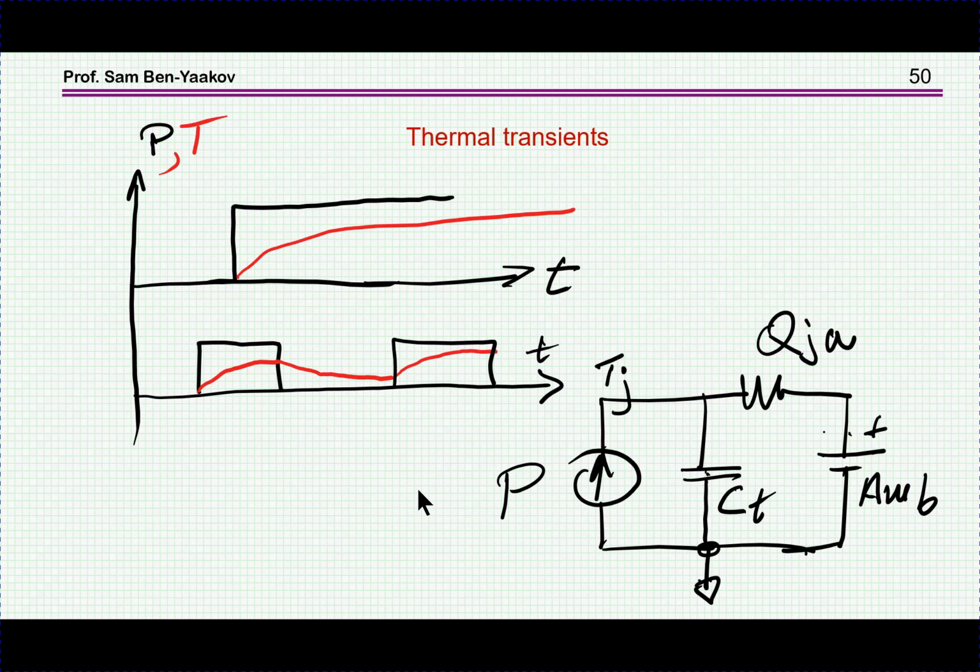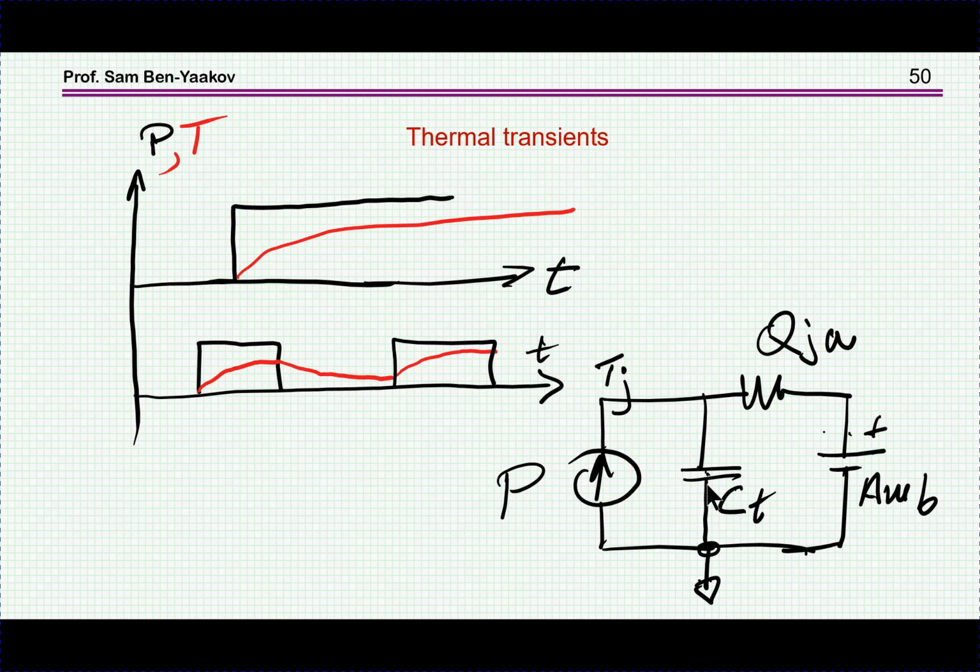Now what about thermal transients? If the power is not constant, say we have a step, then obviously you would expect the temperature to go up and then eventually to stabilize. Now if we look at the very simple equivalent circuit taking into account the thermal capacity, then we realize that we have a time constant here which will determine this rise of the temperature. Now in reality there are a number of time constants, but if you have a heatsink, then a major one will be associated with the thermal